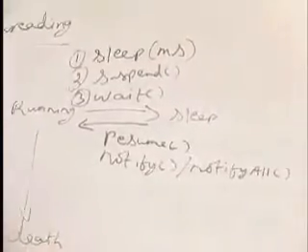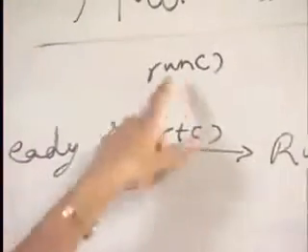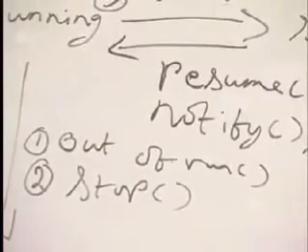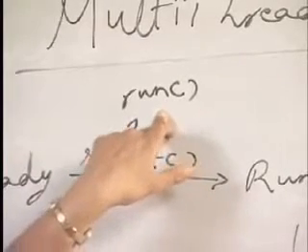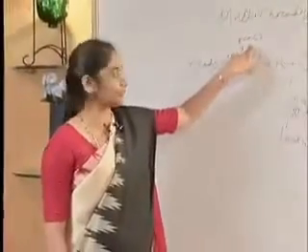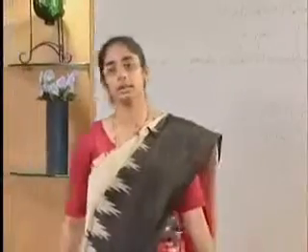To move from a running state to the death of a thread, you come out of the run method, which the start has invoked, or call stop on the thread. It is the run method where the entire execution of the thread, or the entire functionality of the thread, is defined. So when you come out of the run method, it's the end of the thread.